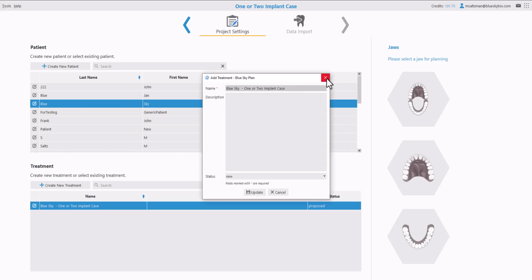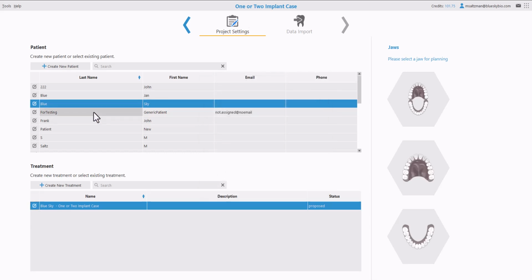If you'd just like to try some sort of functionality, we have built in a patient for testing, generic patient, that you could go ahead and select just to do some demo cases, or you could just go ahead and create your own fictitious patient and use that. Once you've confirmed the patient and the treatment, select the relevant jaw, and then click the Next button to proceed